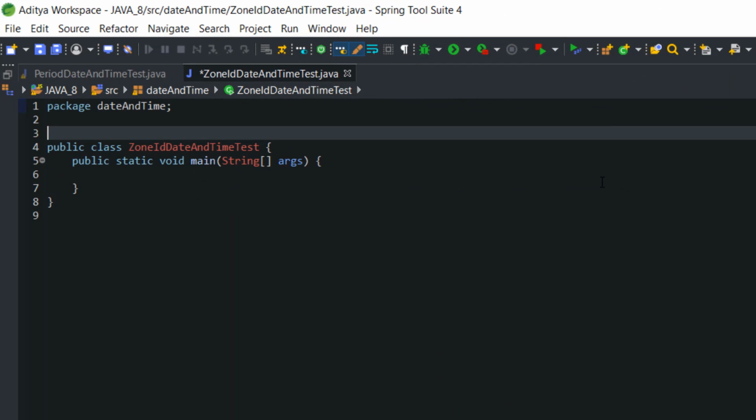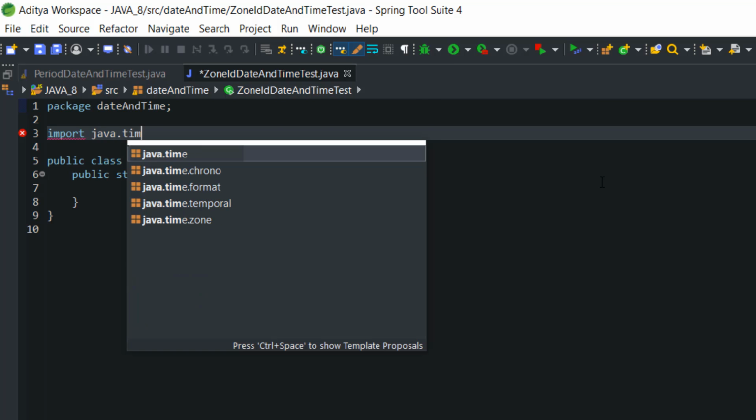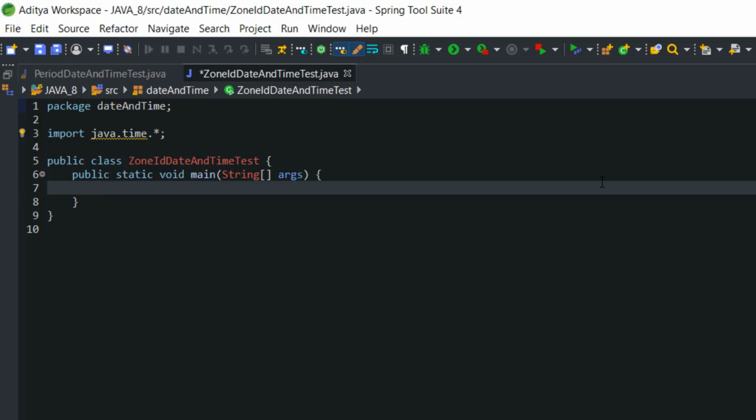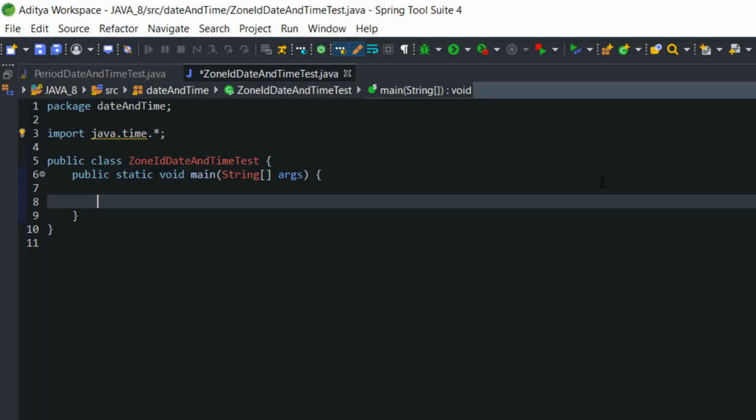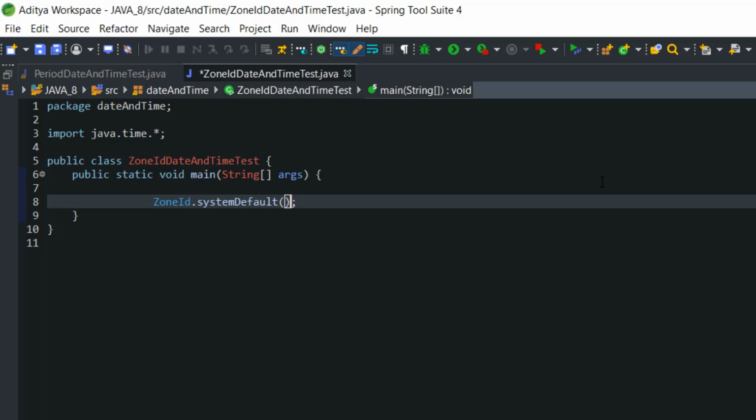First of all, we are going to import a package. I have already told you previously that all the date and time API related packages and classes exist in java.time. So I'm going to import that one. Now let's know which zone I am living in right now. For that, one class is there, the class name is ZoneId. To extract the current zone, we are going to call systemDefault, and I'm going to save this ZoneId in a reference.